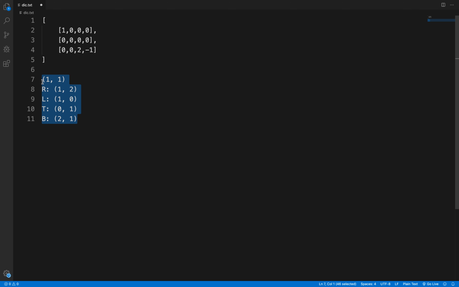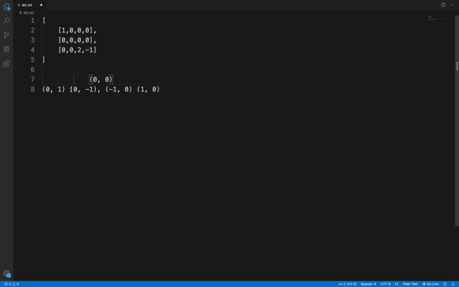Our starting position is 0 0, so from 0 0 there are 4 possibilities. We can move to right 0 1, left 0 -1, top -1 0, and bottom 1 0. So these are the 4 moves.